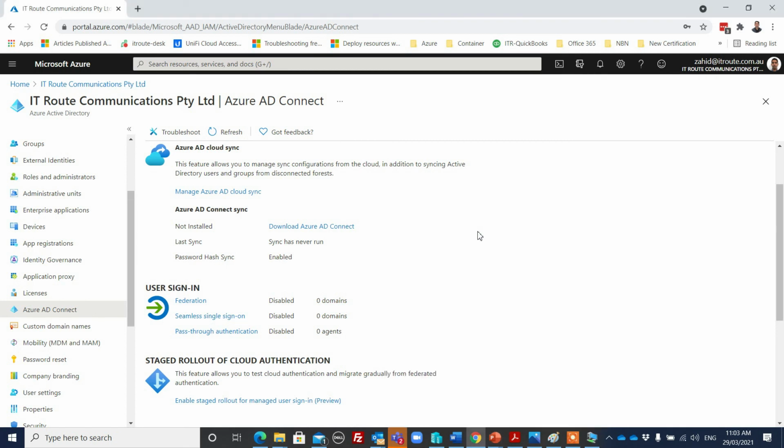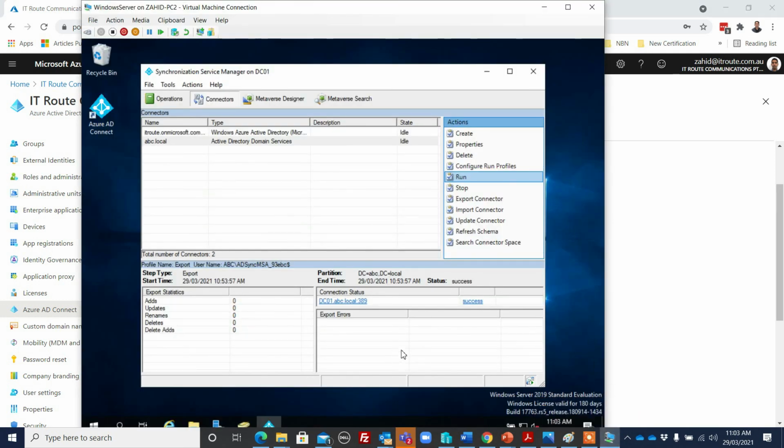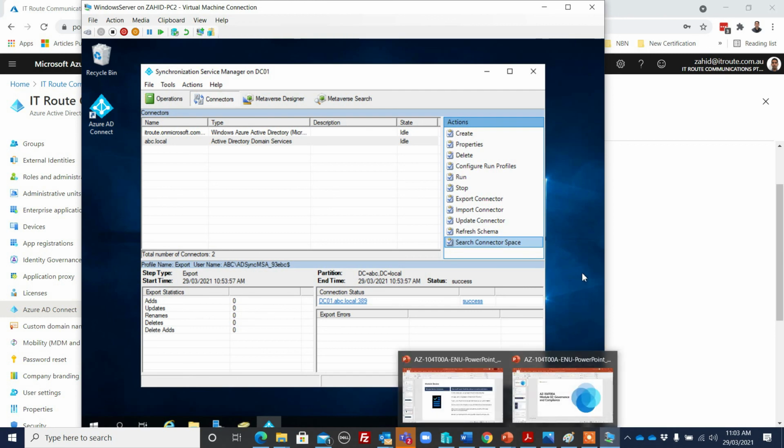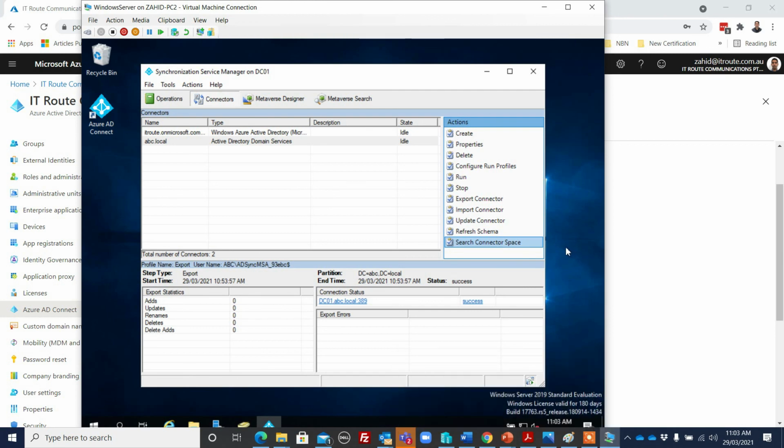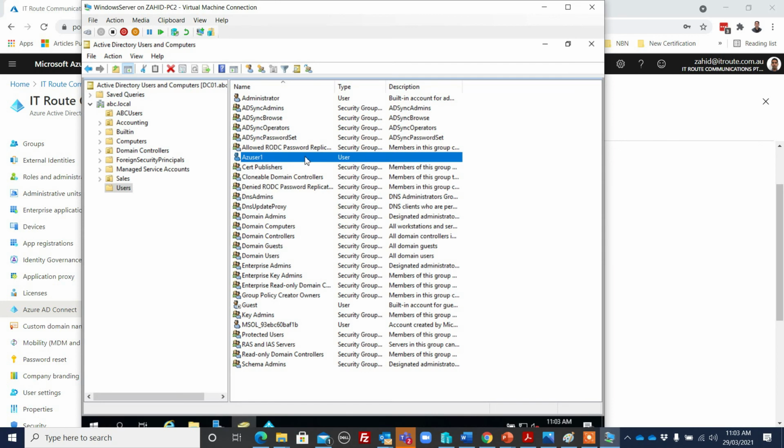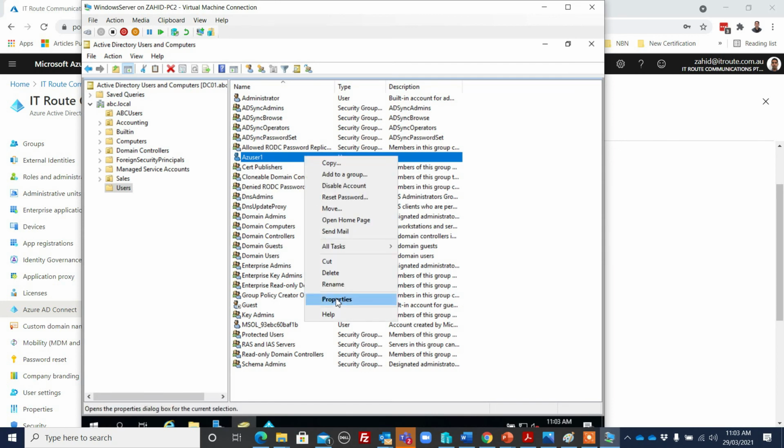So you're going to look at a bit more steps. I think the synchronization is done, everything is good. It will take a bit of time, but it will sync. By that time you can create maybe a couple of other users, then they will sync. And if I go to this directory services, this user, I go to properties,